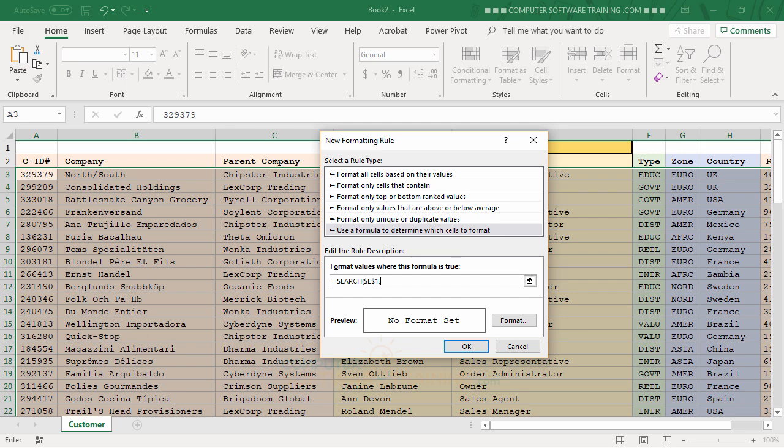So I'm just going to type in $A3, and then I have to do the little ampersand to connect it to B3. So ampersand, and then $B3, and then another ampersand, $C3, another ampersand, $D3, ampersand, $E3, and then ampersand, wrong one, ampersand, $F3,